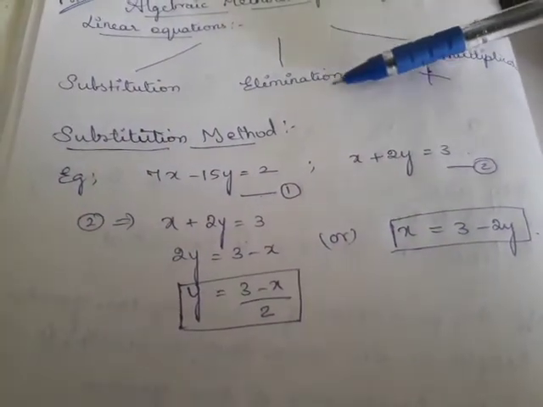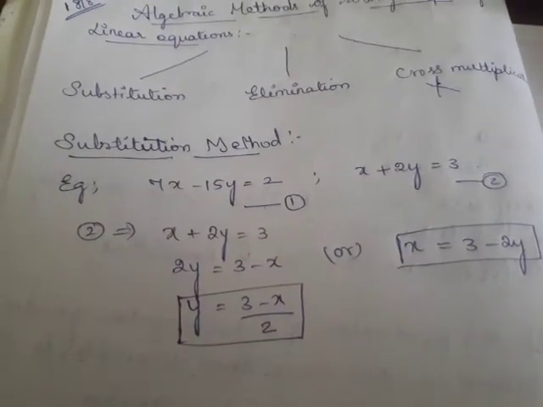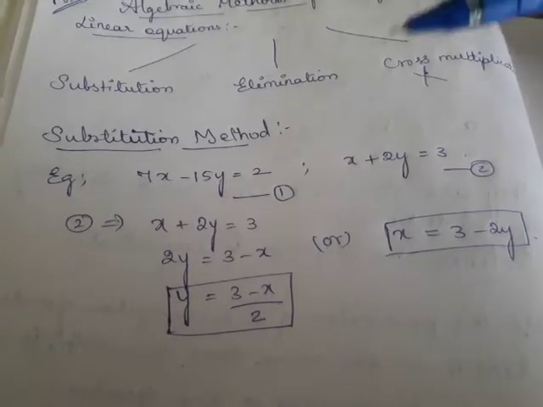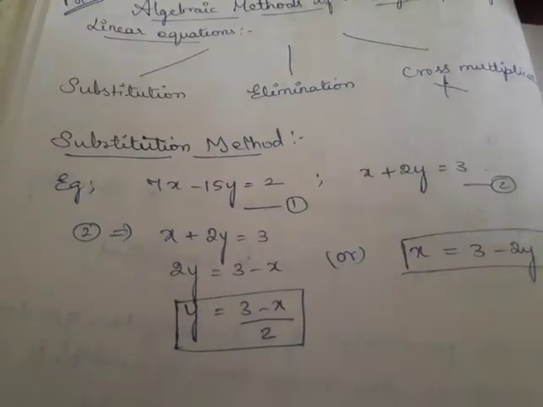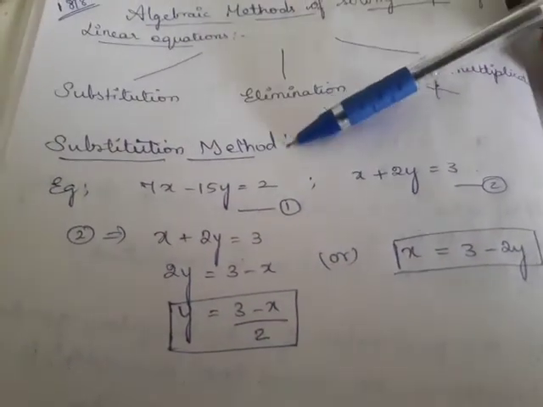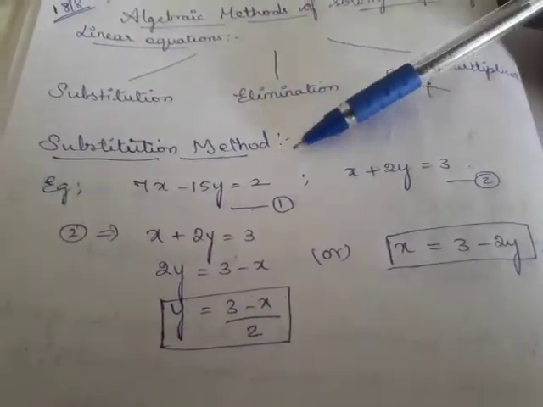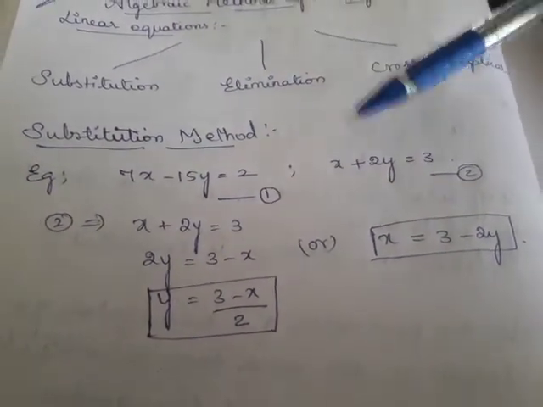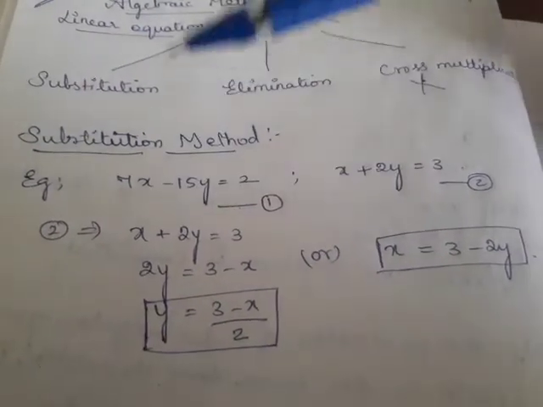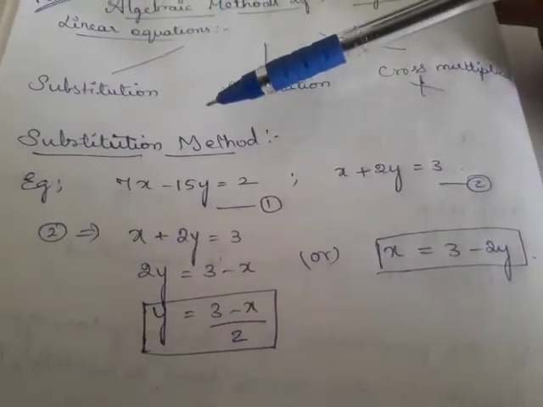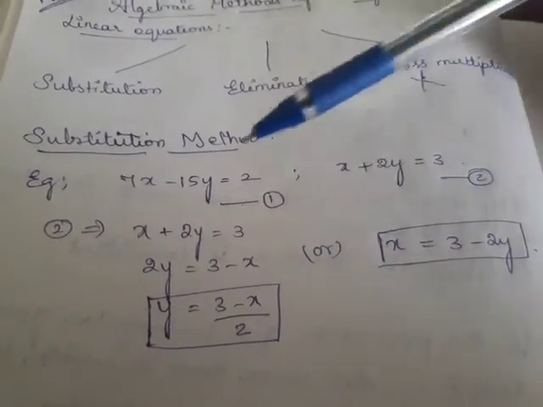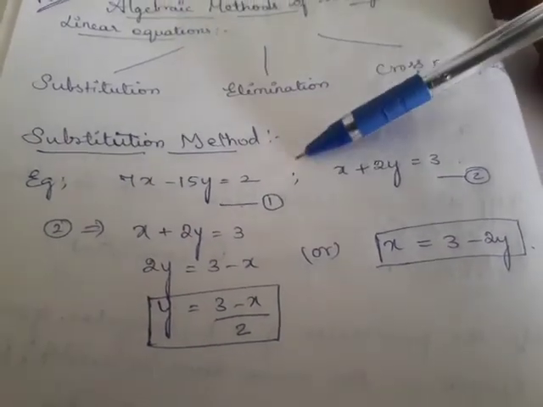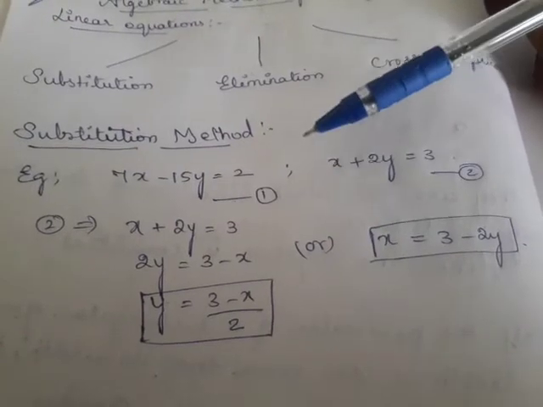These two methods, both the methods we are using in our everyday solving problems, but unknowingly you might be using it. So these two methods are going to be easy concepts, nothing new in this. First, let us see what is substitution method. In the substitution method, for example, if they give a pair of linear equations, what are we going to do? The name itself says we are going to substitute. What are we going to substitute? We are going to substitute the value of one variable from any one of the equation, and we are going to substitute in the other. That's it. Then we will get a linear equation in one variable, then we can very well solve for it.